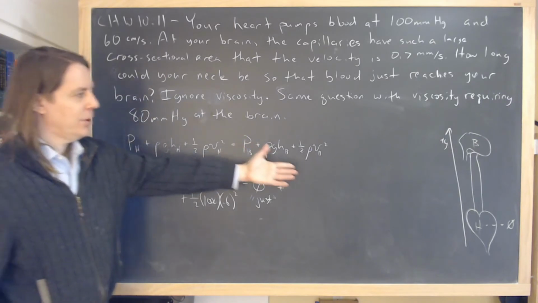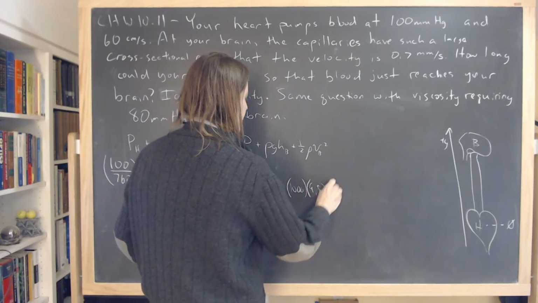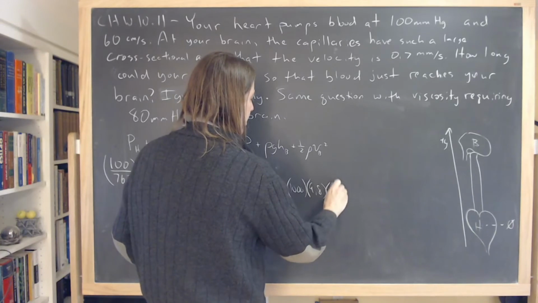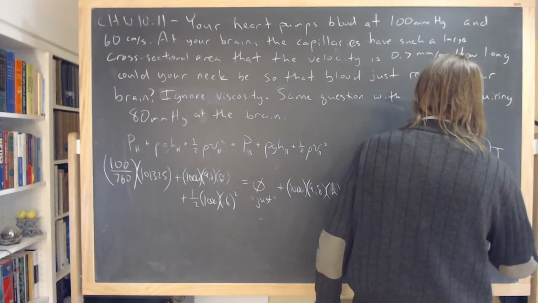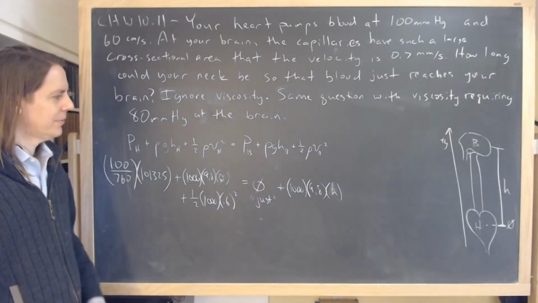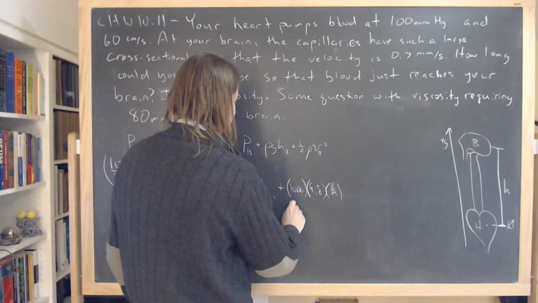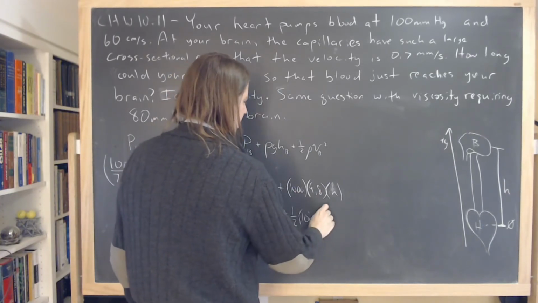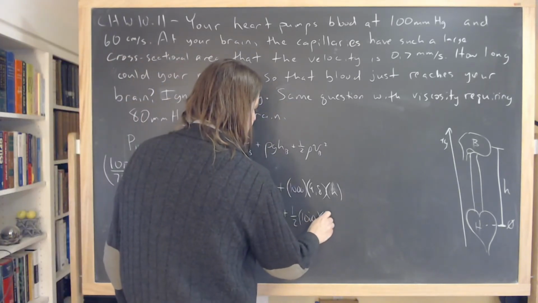Plus the rho g h for the brain. Well, it's 1,000 times 9.8 times h. This is what we're looking for. That's the length of the neck. That's the h with no subscript, right? So here it is. We were asked how long could the neck be. Okay, there's some chest in there, but you get the idea. And let's see, so that's our unknown we're looking for, plus, what about this one? 1/2 times 1,000 times the velocity in meters per second. What is that one? 0.0007